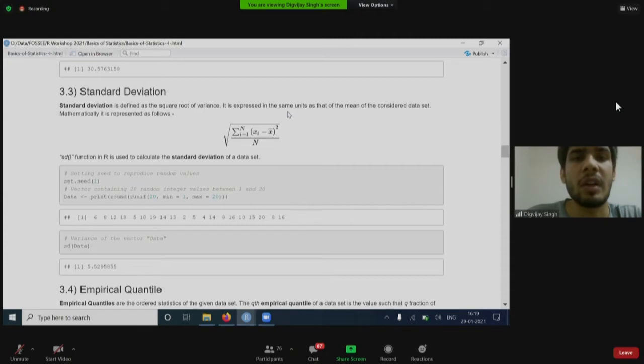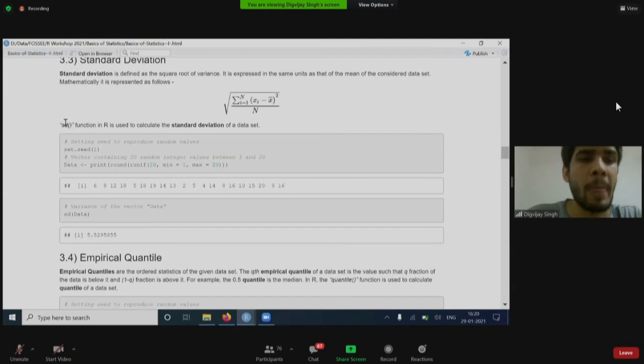Meter square is the unit of area, not of length. So it is easier to have a feel of the dispersion in the same units as the data. So that's why we take the standard deviation.